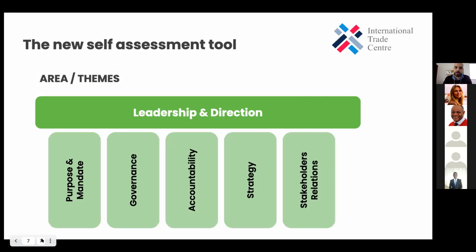So for leadership and direction, the area will have these themes: purpose, mandate, governance, accountability, strategy, and stakeholder relations. So to make this a little bit more interactive, we're going to launch another poll, so you can answer live here one of the indicators we have to measure how you're doing on this area of leadership and direction.